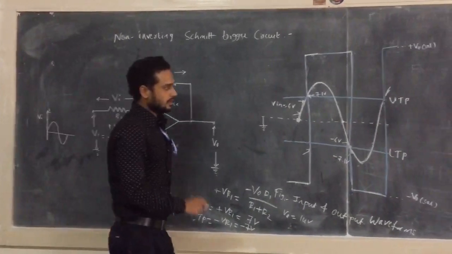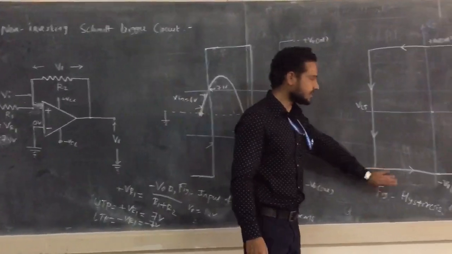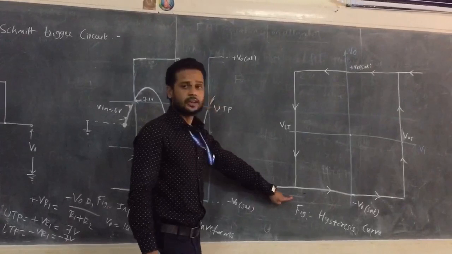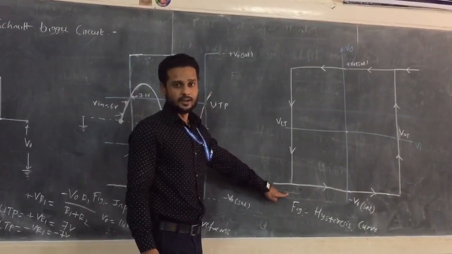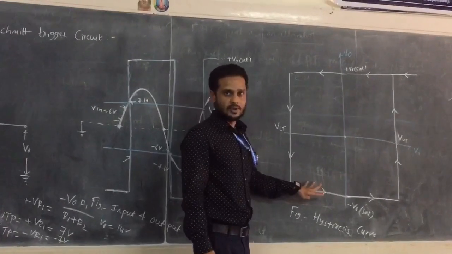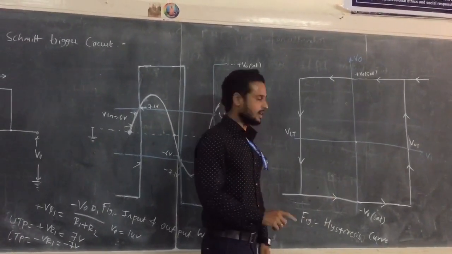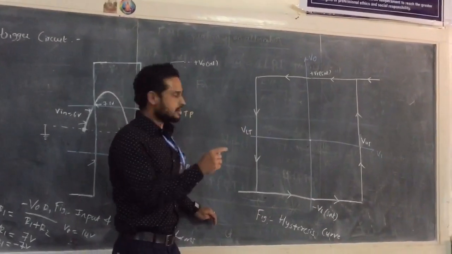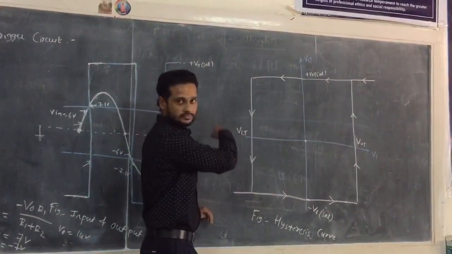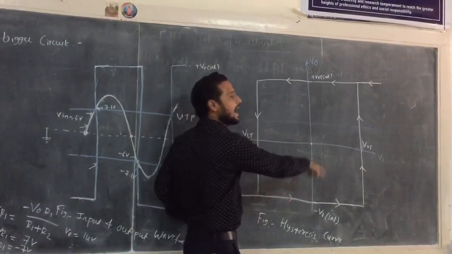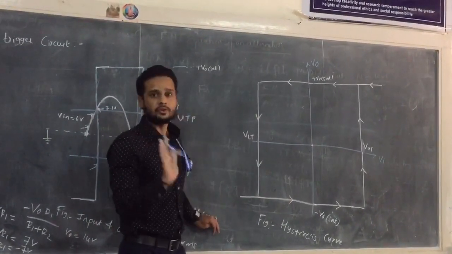Now concentrate on this hysteresis curve. While dealing with the hysteresis curve of the inverting Schmitt trigger circuit, the analysis remains the same. Only change is that where, when input voltage is 0, you used to consider the clockwise direction of movement of the output voltage, here you just have to consider the anti-clockwise direction. This is just for your reference.